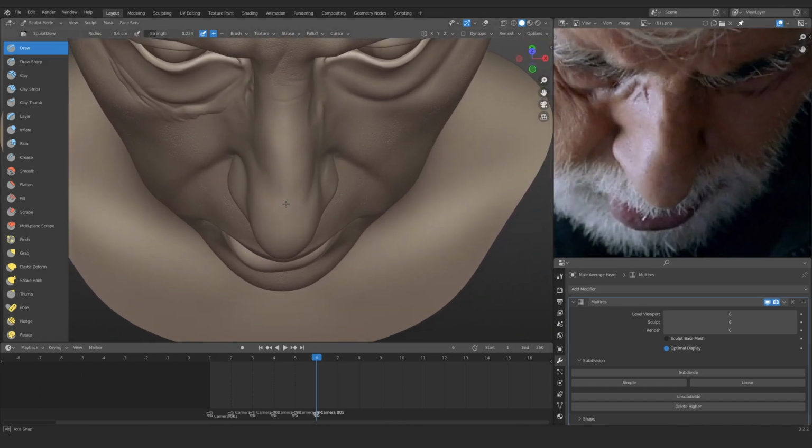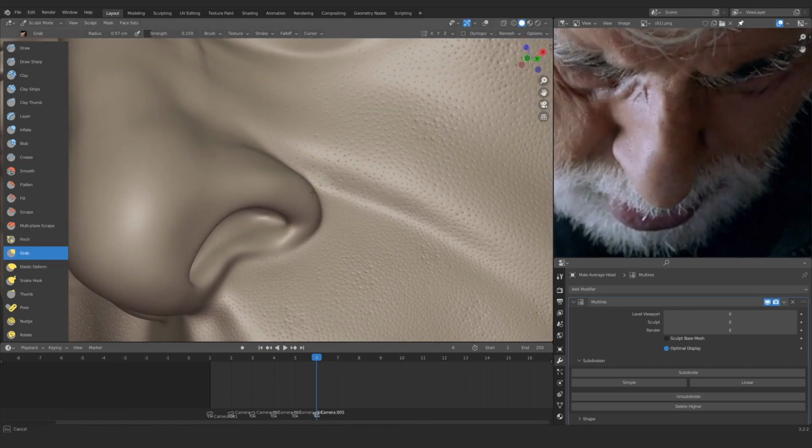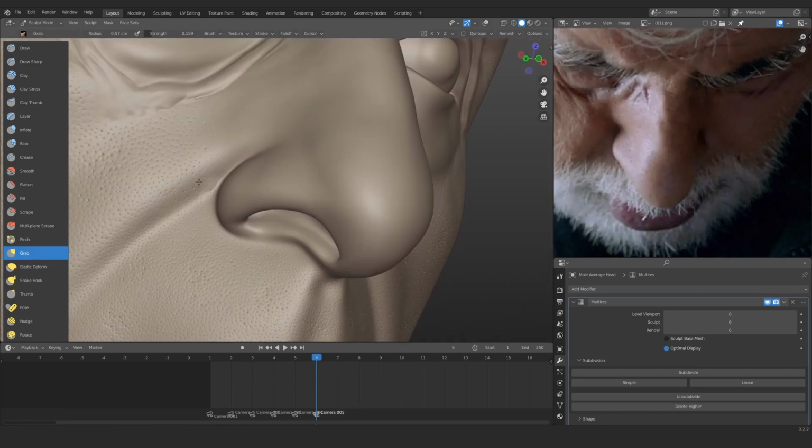Yeah, but yes, the likeness is definitely coming, I think. I mean, that's just my personal opinion. Your opinion might be different, but